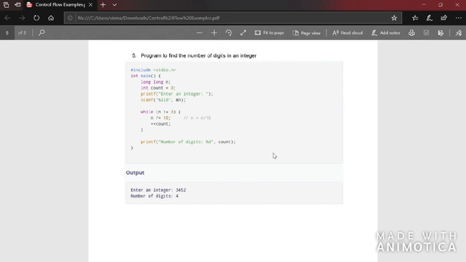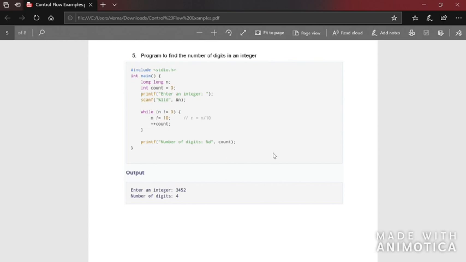Now let's see another program to find the number of digits in an integer. How do you check for the number of digits? Let's take an example. Normally, if you are asked to find the number of digits, what would you do? The number is 1, 2, 3, 4, 5. There are 5 digits in the number. We can automatically find it. But a computer cannot do all of these until we give it an instruction. So we have to write the program for it. Now let's see how that is done.